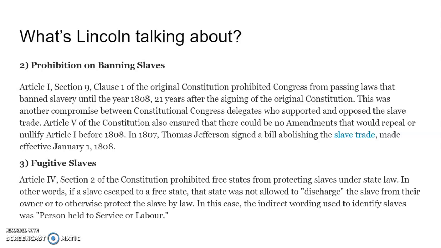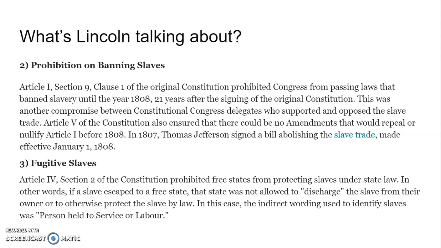One, yeah, they were making a law to protect slavery then, but also there must have been an impulse for people to already want to end it. You don't need to pass a law that says, hey, you can't do this yet, unless there was somebody who was considering it and trying to think about doing it. And in fact, in 1807, Thomas Jefferson signed a bill abolishing the slave trade. Not all of slavery, but the slave trade, meaning that the United States would not bring in any more slaves on ships from outside, right?